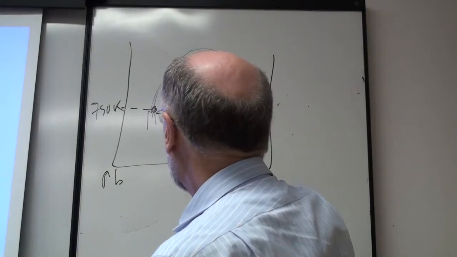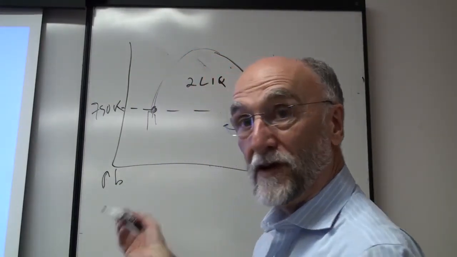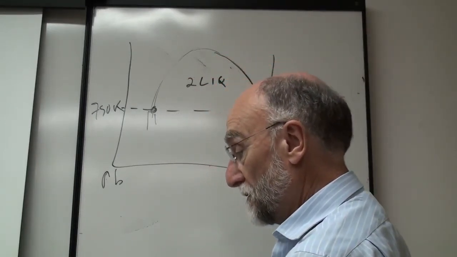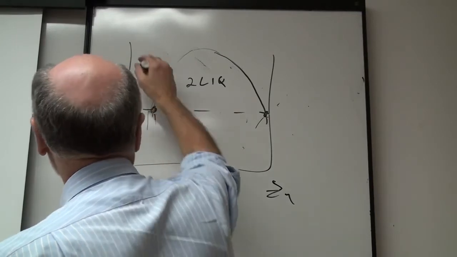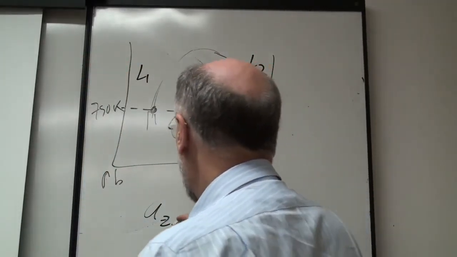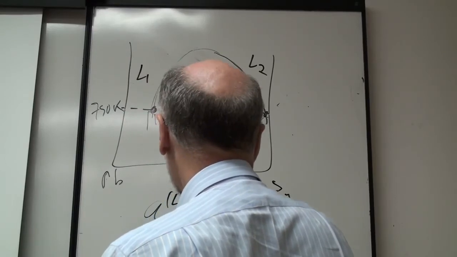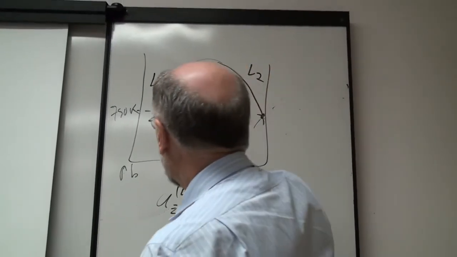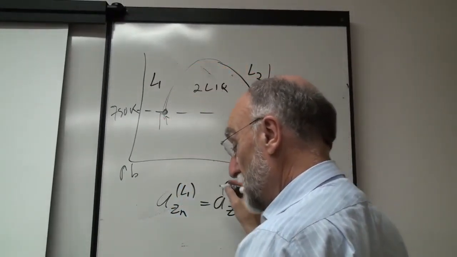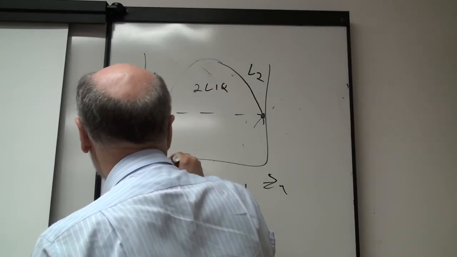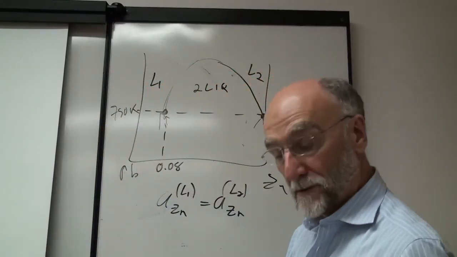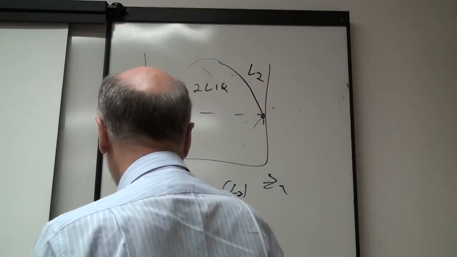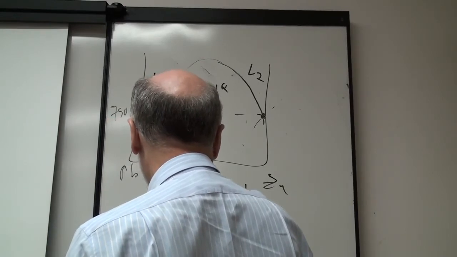So the activity of zinc here is equal to the activity of zinc here. Two phases in equilibrium have the same activity, and the activity of lead here is equal to the activity of lead here. So I can write the activity of zinc, let's call that liquid 1, and we'll call that liquid 2. The activity of zinc in liquid 1 equals the activity of zinc in liquid 2 when the two are in equilibrium. The mole fraction of zinc in liquid 1, this point here, is approximately 0.08, read off the phase diagram. So I have 0.08 times gamma zinc in liquid 1